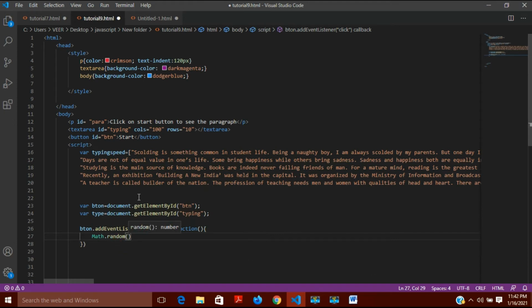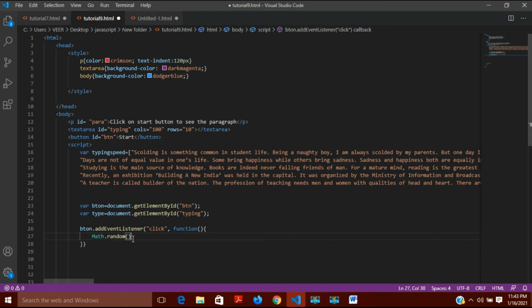math.random, and here it will take any value from 0 to 1. Math.random takes any value from 0 to 1, and if I want it to take more than 1 values, then in that case what we do is we multiply it with a number, and that number in my case is 5 here, because I am having 5 paragraphs. But later I can increase my number of paragraphs also, so I will have to increase it every time. If I increase my number of paragraphs here, I will have to increase them here also. So I don't want this thing to happen.